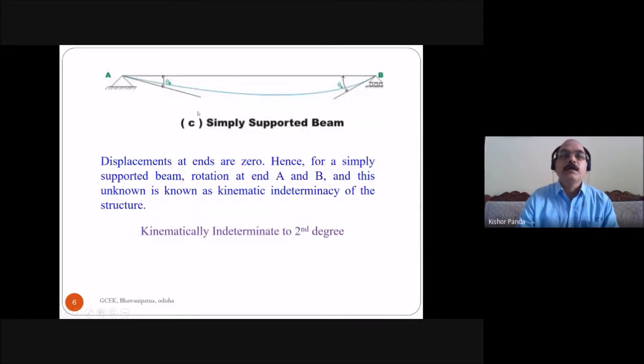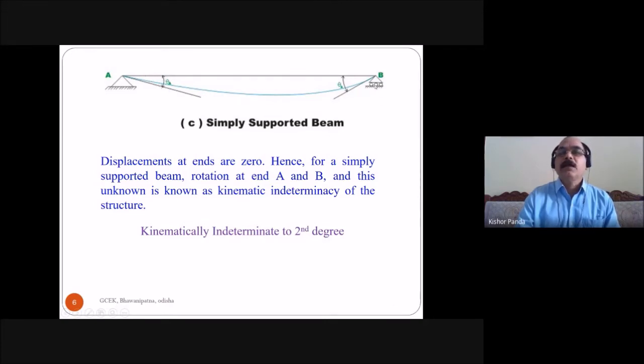Coming to another example, simply supported beam. Here you see this is your hinge support and this is roller support. At the hinge support there are two reactions, vertical and horizontal. But you are considering the inextensibility of the member, so the horizontal reaction is not required, only vertical, because there is no extension. So the vertical reaction is constrained against the vertical displacement. This is 0. But there is no moment here, so the rotational displacement, theta, takes place.